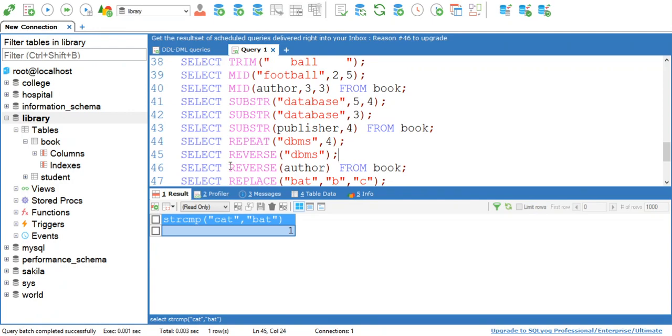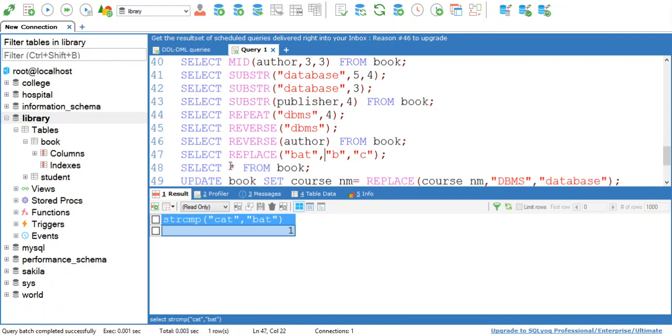Then we have the repeat function, which is used to repeat the input string the number of times given as a parameter. Then we have the reverse function, which is used to reverse the input string. Then we have the replace function, which is used to replace the occurrence of any character with another character.